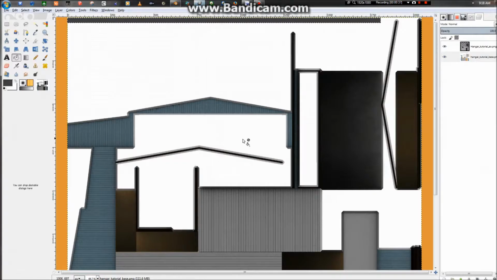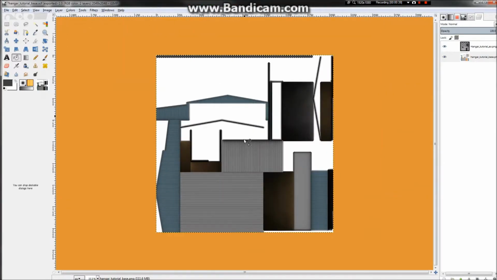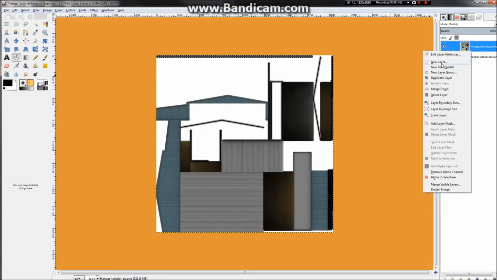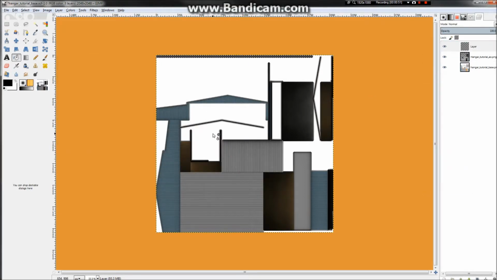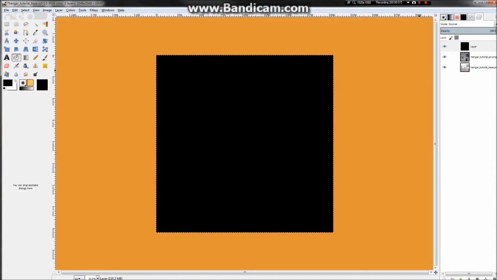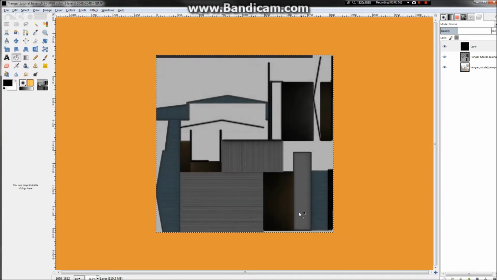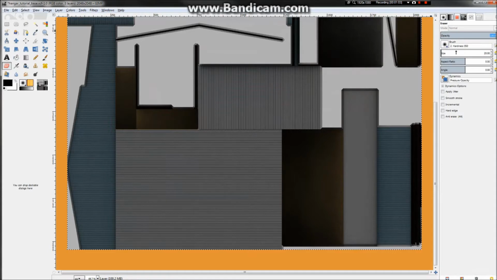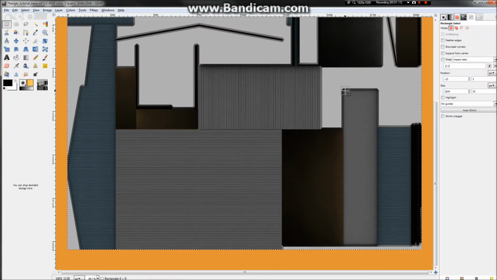Let's see here. I wonder if I could maybe do that real quick. Basically all there is to this is take a black color, make a new layer here. Better select all too. Okay. And we're going to just bring down opacity. And then you just take your eraser, up the scale a little bit, select the area you want to edit, select this door for example,